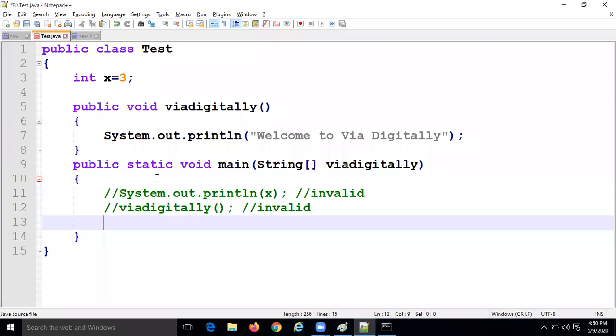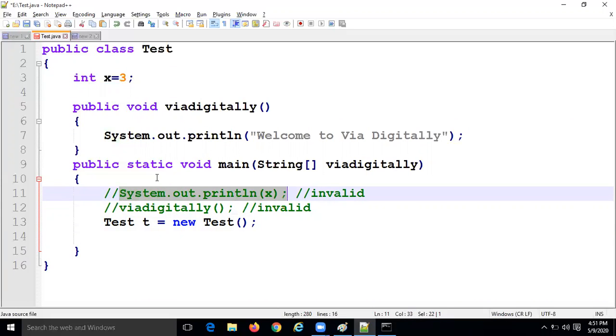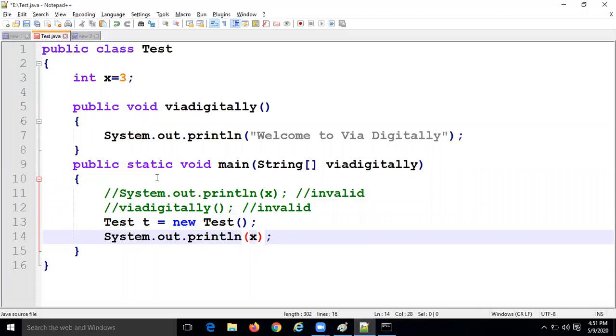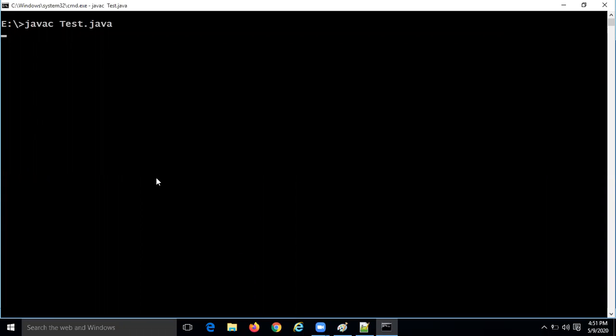If you want to access them, you need to create an object for this. T is the object here. Same thing, you can copy and paste it. System.out.println, call t.x. Now it gives a value, no error.